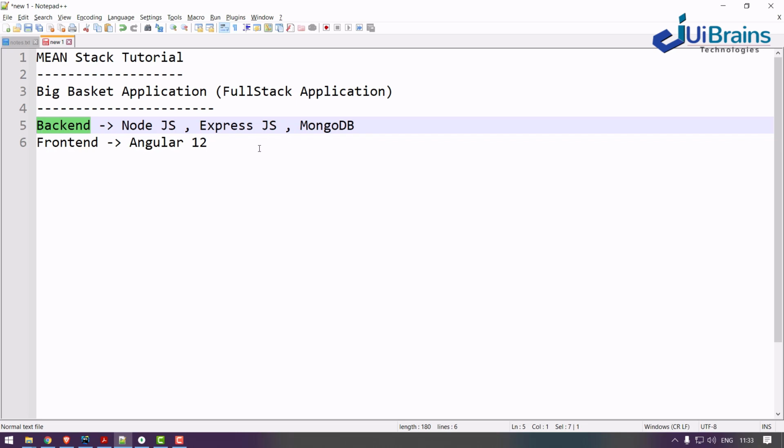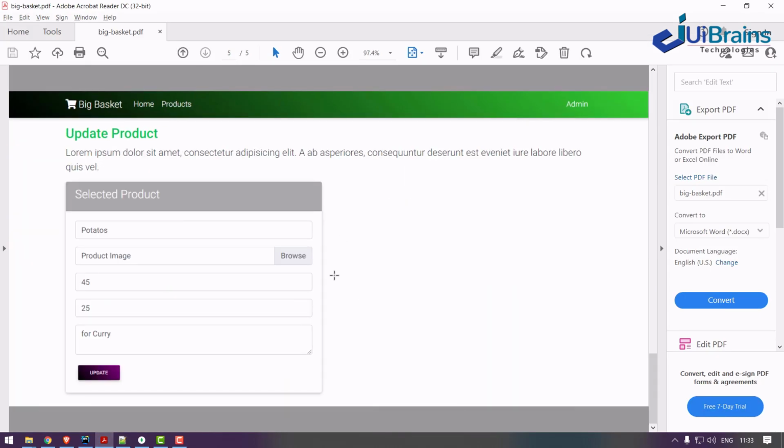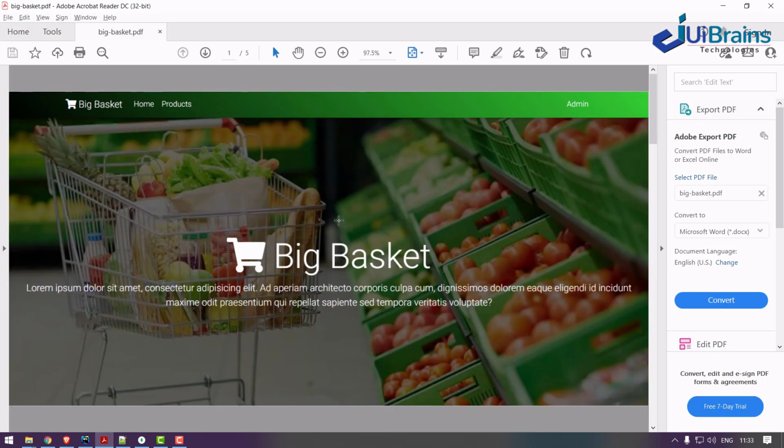Here we have to design the REST API and database operations, the code operations and all, first, and then we'll test it. Once the complete backend is tested properly and everything is working fine, then we'll make the Angular front end part. What you have seen here is the front end part. Behind this, a backend server will be running and some API will be running.